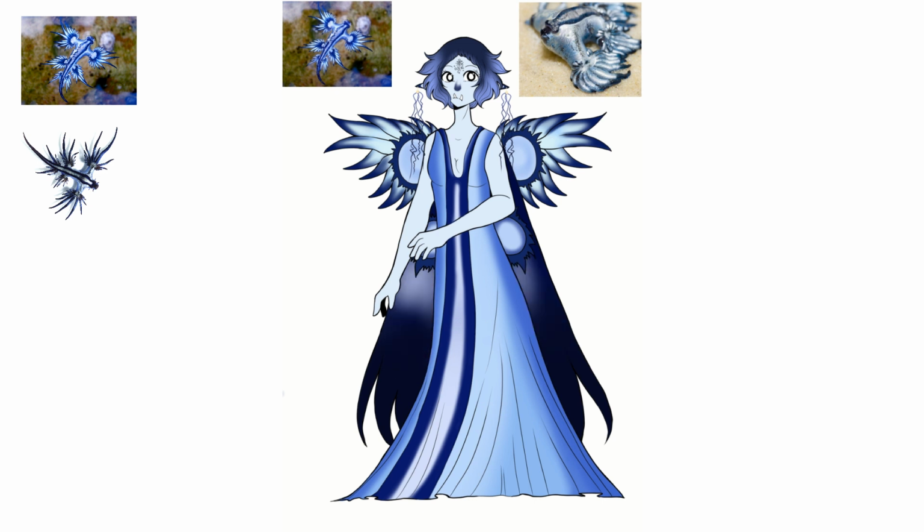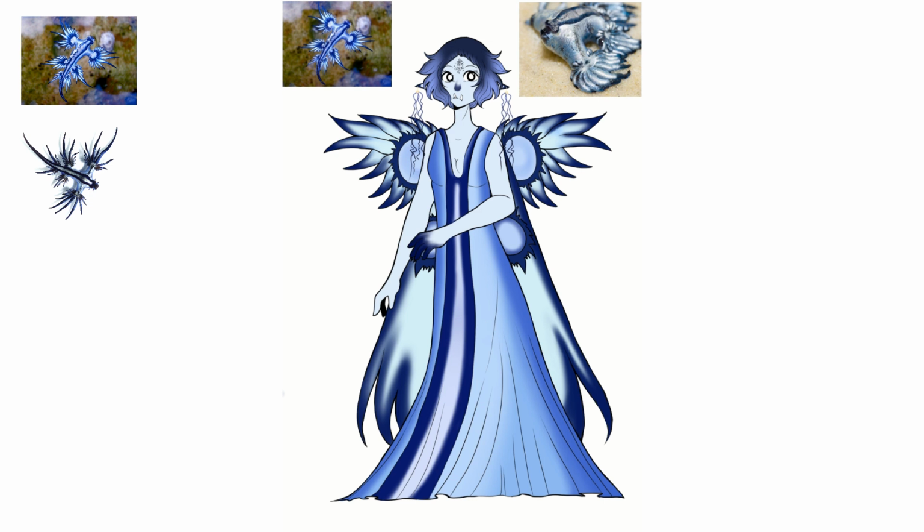I gave her a shorter hairstyle, almost like a pixie cut, with curls that go inward and outward to reflect the shape of the fins on a blue sea dragon. And I also gave her a gradient of white to a dark blue to her ends to capture their colors. I was debating on giving her these nubs on the sides of her face to represent the nubs that the blue sea dragon has by their eyes, but I didn't really know how to incorporate that other than giving her really pointy ears. So I gave her these pointy ears with dark blue ends to capture the colors of